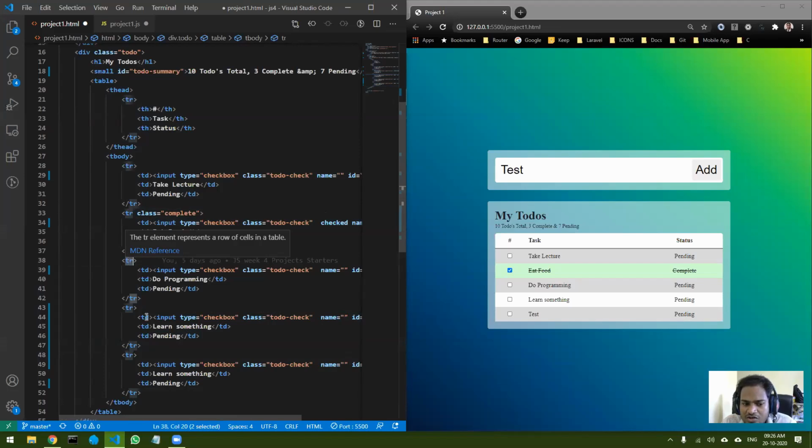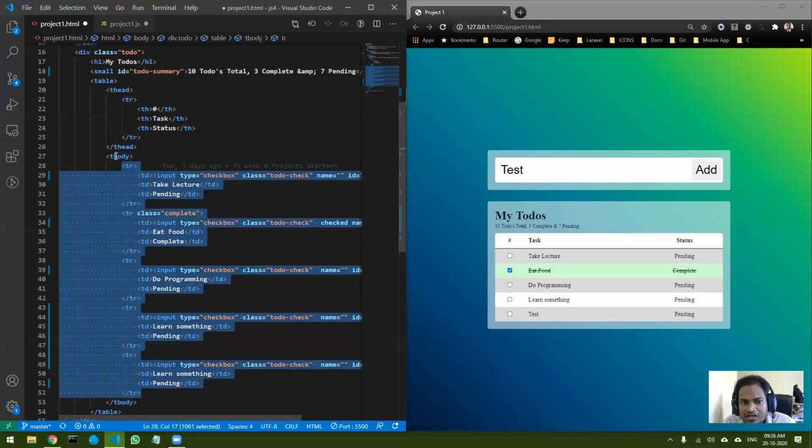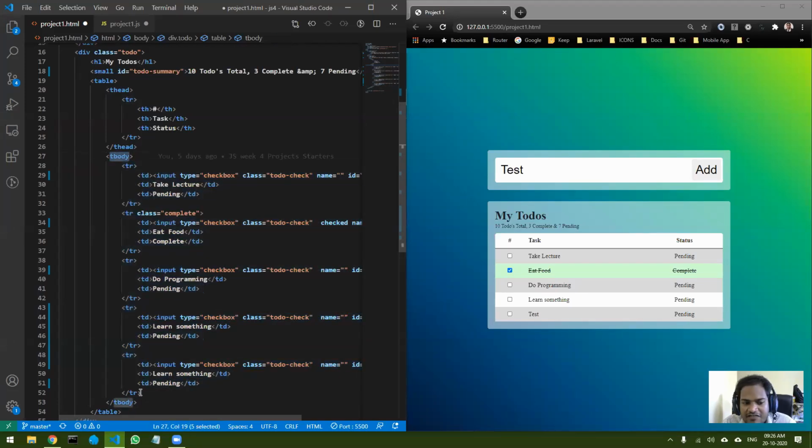again, it does not know whether new TRs are added or not, right? But if you add an event listener to the T body, okay, so all these elements are added to whom? The T body, right? So if I add an event listener to the T body, then T body will always know if new elements are added or not, right?